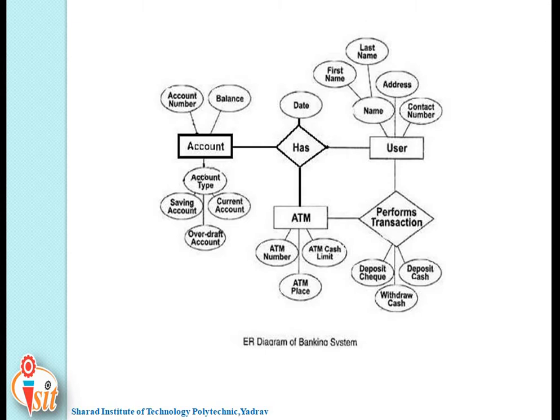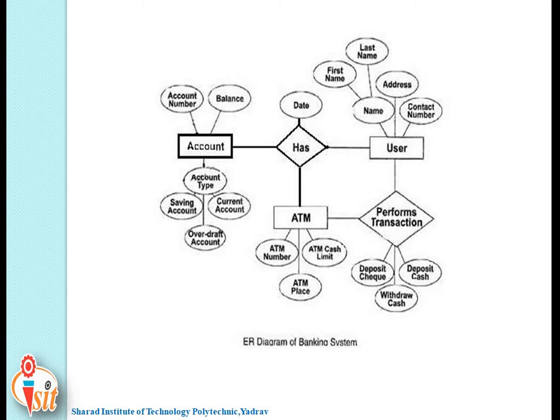As I told you earlier, first of all, decide the main entities. After that, write down their attributes and then take the relationships between different entities and draw the diagram in the easiest way. In this way, this diagram represents the model of the banking management system entity.